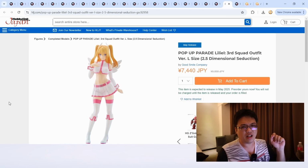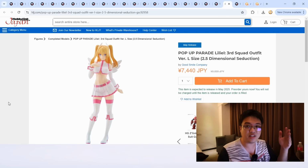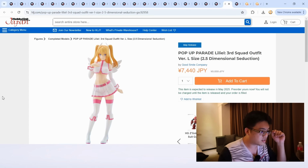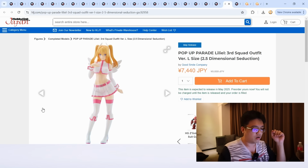We don't need XL, really. XL 1x4 scale for 20,000 yen, no, that is not that much cheaper from older Freeing 1x4 scales or Freeing figures that are in the bargain bin. I would take pop-up rate L because they are close to 1x7 scale and they blend in really well with existing scale figures, right? So this is an L size Lilial or Ririsa Amano from 2.5D Seduction, which once again,